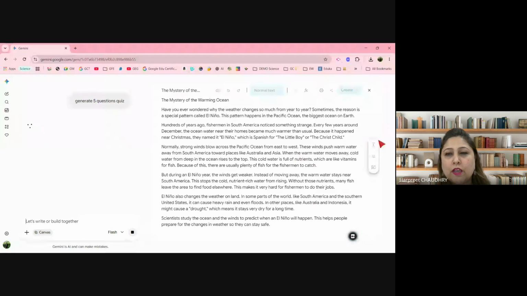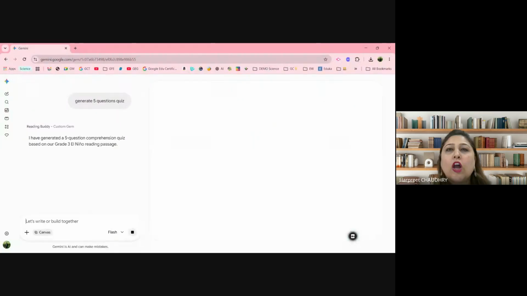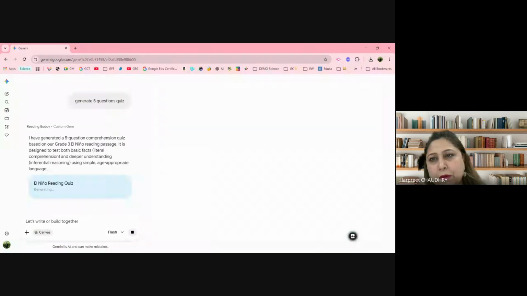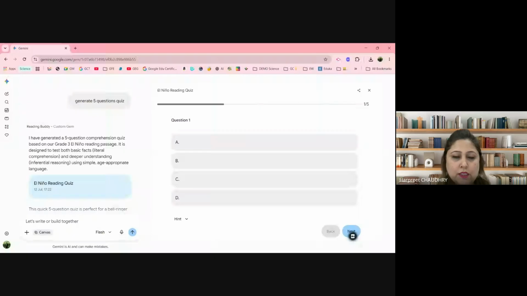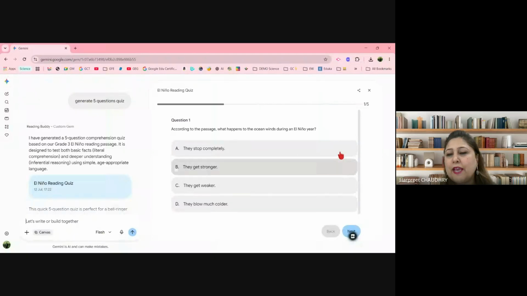The moment it's done, any paragraph that you think is not appropriate or too complex for your students, you can make it simple. If it is too simple, it can be made into complex or longer text. That can be done even by paragraph that you want. So there, the text has been generated and converted into a quiz. So after reading that, you can do a quick quiz on screen, and this is where it is.